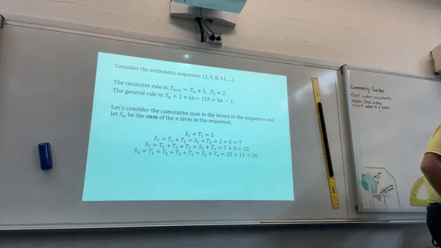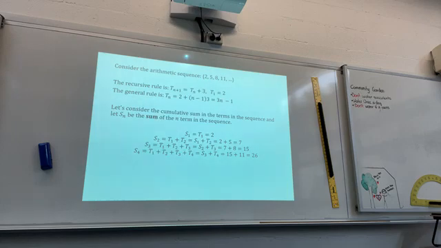Alright, that is what I have as a recursive rule. I specify T1, I know Tn plus 1 equals Tn plus 3. And the general rule is therefore Tn equals 2 plus n minus 1 times 3, which after expanding and simplifying is 3n minus 1. Right? So now, what I want you to think about is